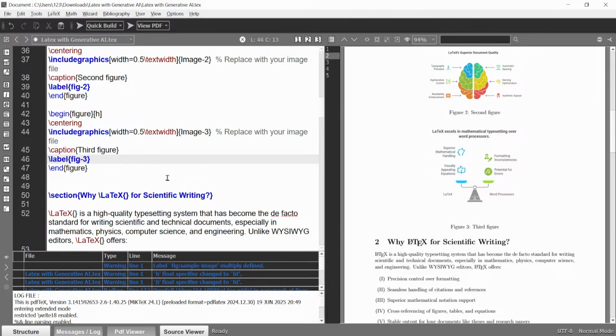These are the labels, and they will not be visible anywhere in the images where you insert them, but they are very useful.